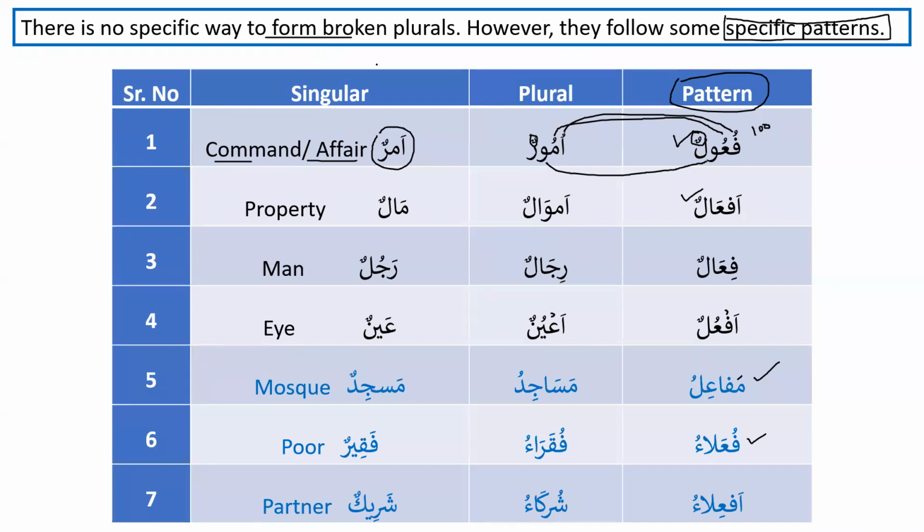And as we discussed, the broken plurals are made from material things. So for example, malun is material, rajulun, insan is also material, aynun is material, masjid is made of material. So most of the nouns that take a broken plural are made from materials. So we are done with